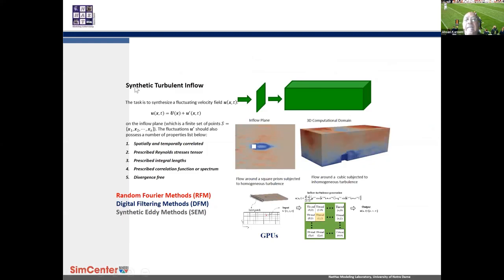Here comes a synthetic turbulent inflow. There are various ways to create turbulent inflow. Some of them result in duplicating what we do in the wind tunnel, letting the flow self-develop over certain roughness, but that's more expensive and time-consuming. So we take advantage of synthetic turbulence by combining stochastic simulations with some fluid mechanics to make sure that our flows are divergence-free. There's a list of models, and we have